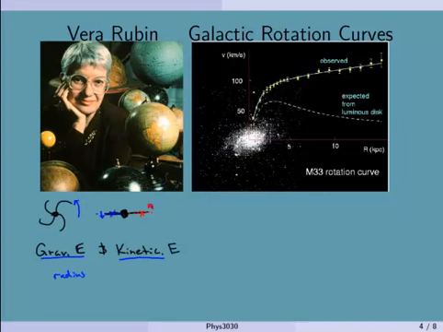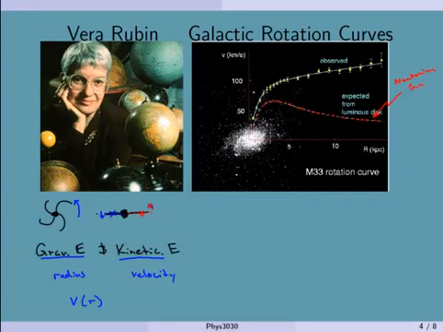And on the other side, the kinetic energy is really about velocity. So what the theorems of physics tell us is that it gives us the velocity as a function of radius. Okay, I should be able to put in a radius, and it tells me what the velocity is. So you graph these things, and you look and see what it's supposed to be. And if we look at this galactic rotation curve over here, this is for the M33 galaxy. The dotted line down here is a plot of that function, of the velocity as a function of the radius. That's what Newtonian gravity